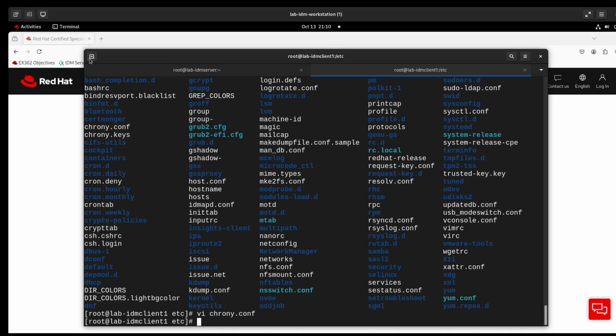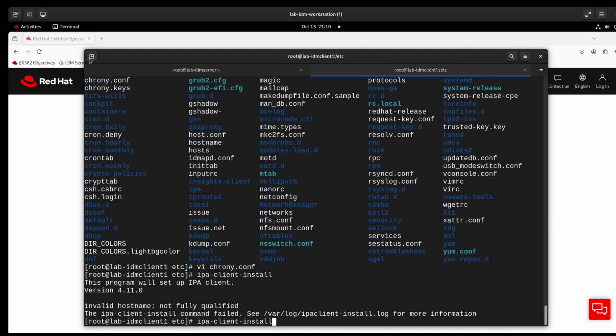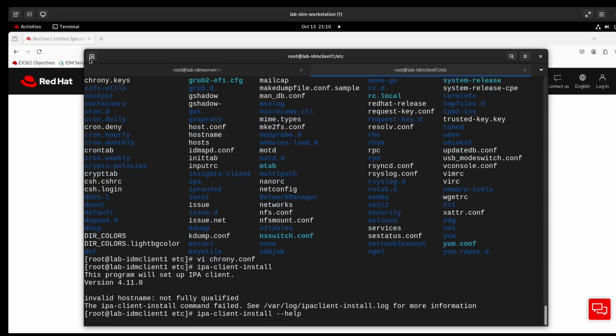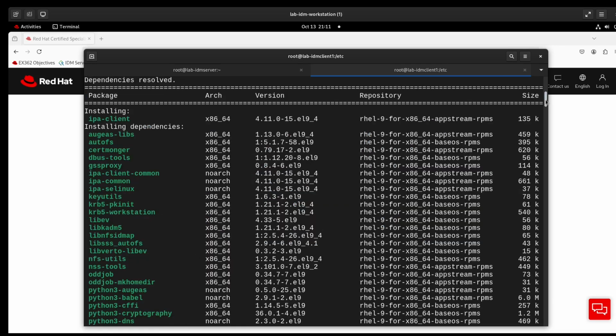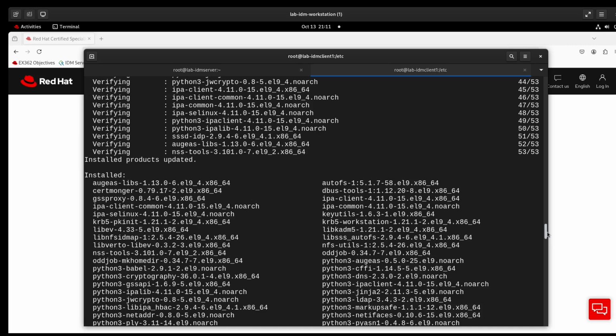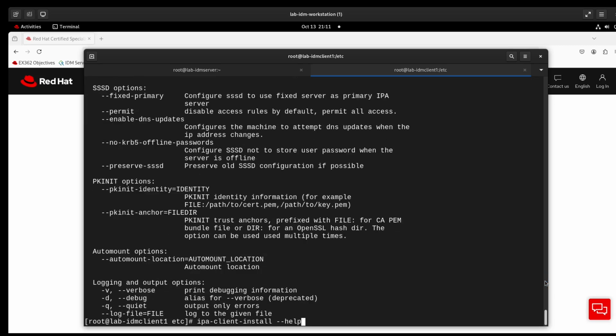Okay, so that's what I expected to see. Now we're going to do IPA client install. Oh, I think I can do this. Help. I should be able to say host name if I recall correctly. What I'm wanting to do is the wizard. Yeah, host name. All right, that's going to be lab IdM client 1